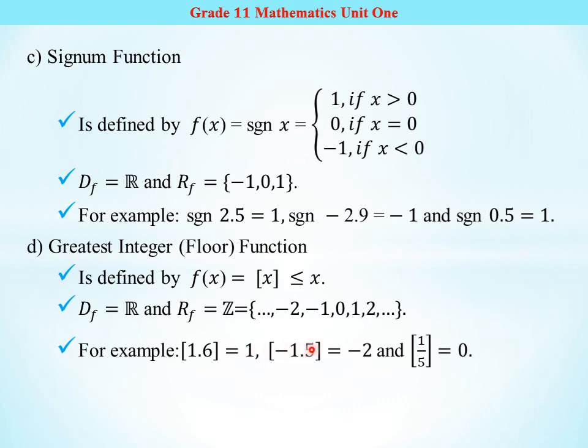floor of negative 1.5 equal to minus 2, floor of 1 over 5 equal to 0. ለምሳሌ እዚህ ጋር floor of 1.6 አንድ እንዴት ሆነ ነው እንግዲህ ሬንጅ ምንድነው ብለናል፣ ኢንቲጀር ነው ብለናል። ስለዚህ floor of 1.6 less than or equal to x ይላል። ስለዚህ less than or equal to ስንት መሆን አለበት? 1.6። ስለዚህ 1 is less than or equal to 1.6። በሌላ አባባል ምንድነው፣ ከ1.6 ያነሰ ቅርብ ኢንቲጀር ማን ነው ያን